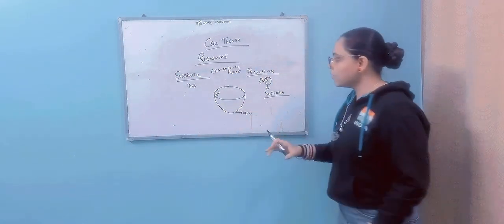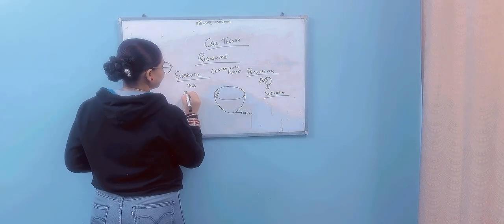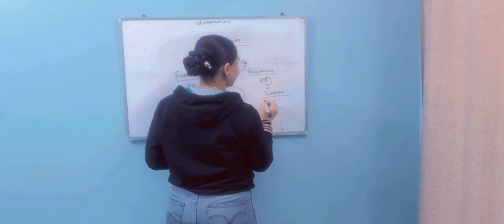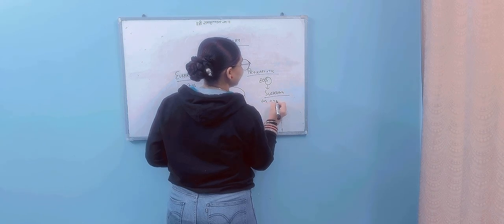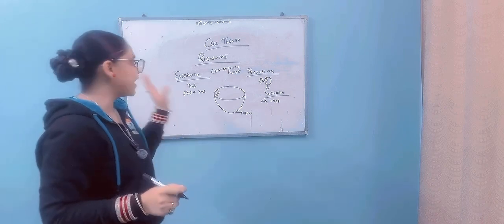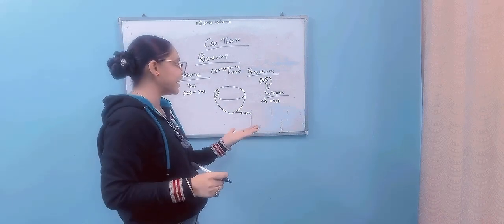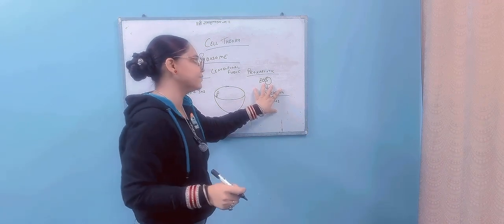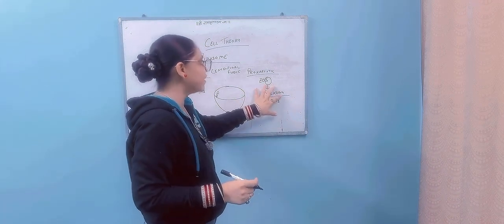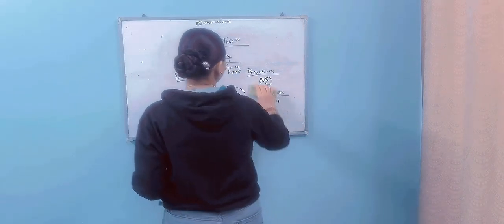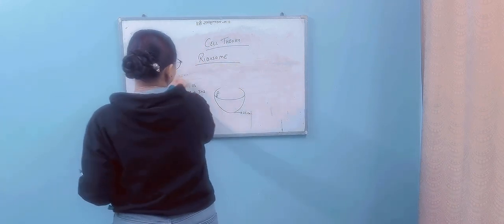Yes, we are. So now I will make you understand why this is 70S instead of 80S, because it's 40S plus 30S, and why it is 80S and not 100S, because it was 60S and 40S instead of 100S. Why? I will explain this, but before that, I need you to understand this word. I wanted you to get comfortable with it. How does this value depend, and what are the factors on which it depends?